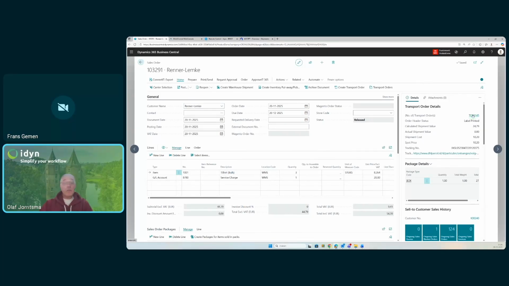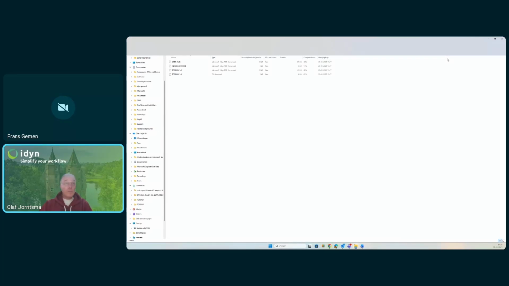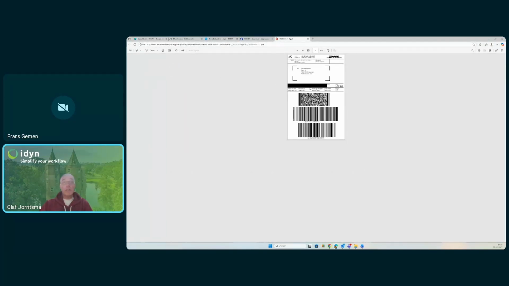So let's go to the transport order, and in the transport order we see that we also have documents available, and over here it's a zip file with, again, a label. So this is the DHL label,